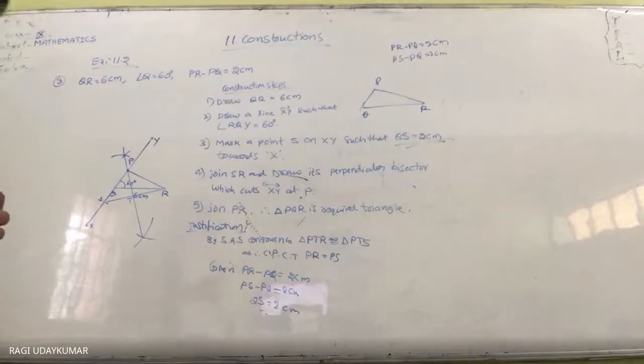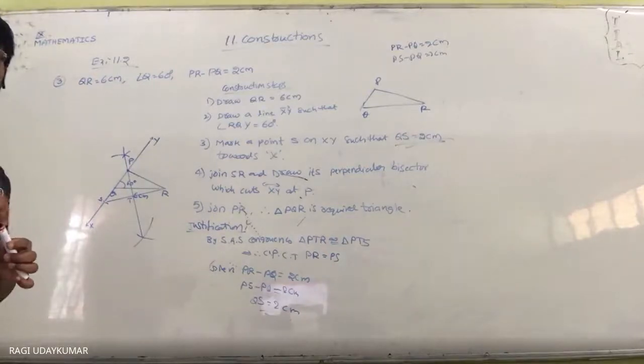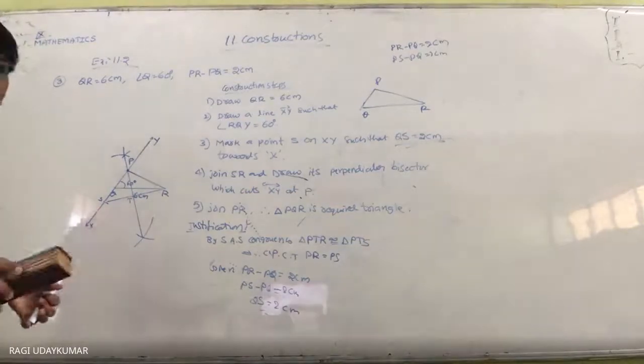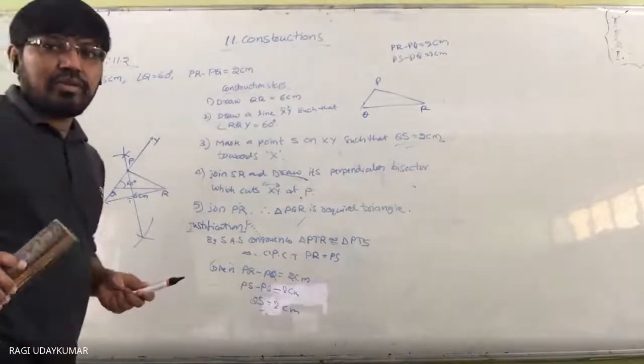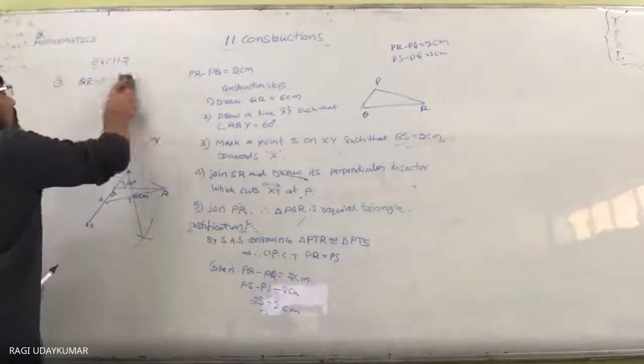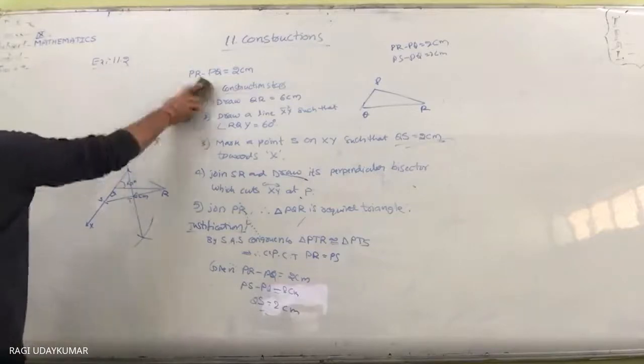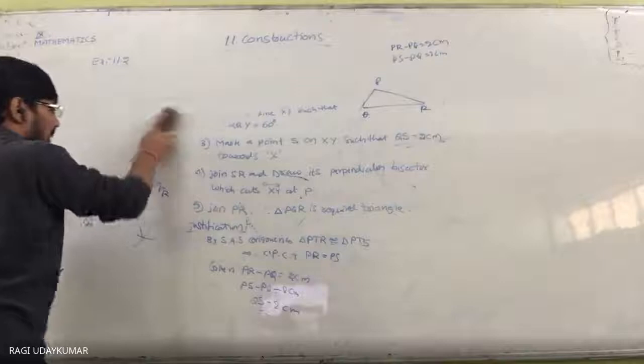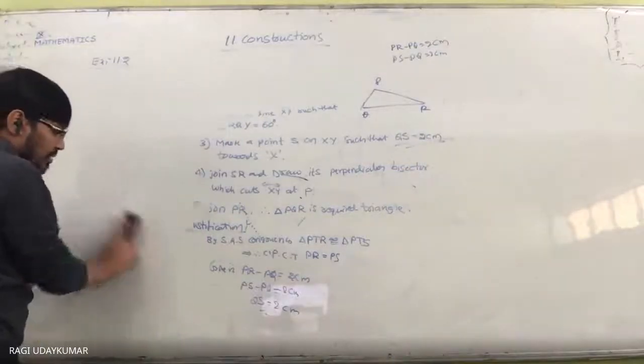So next question, the fourth question here. The perimeter of the triangle is given and the base angles are given. Actually, this question is deleted from your syllabus, but you try to know it. I will just explain it to you, because it is better that you know this construction also. How do we construct when the perimeter is given and what is the logic behind it? Okay.